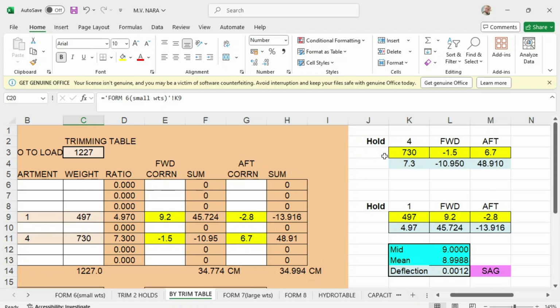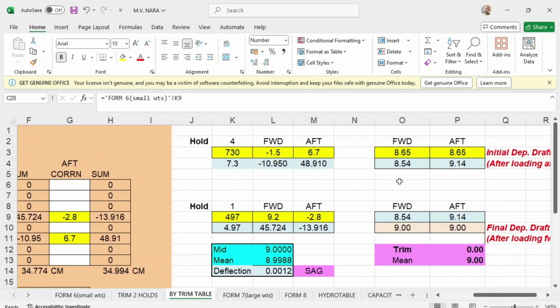Then hold number 4 to load 730. The forward correction is -15, which is this one, and your aft correction is 6.7, which is this one. Then after loading this value, your draft would be forward is 8.54, and your draft aft is 9.14. That will be after you load hold number 4.